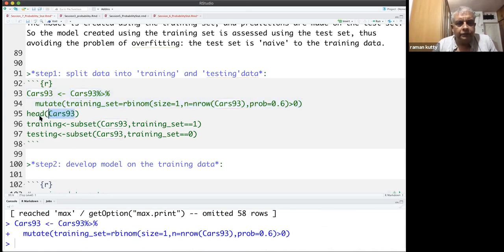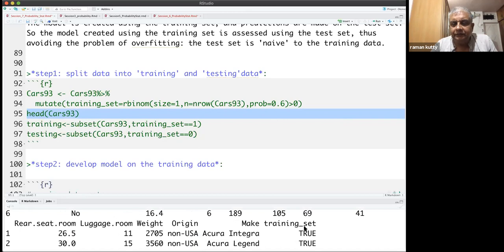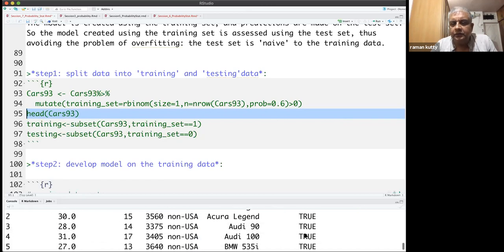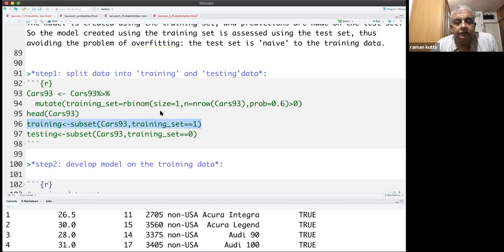So we will look at this. The last variable has a training set of TRUE, FALSE, like that. There will be about 60% TRUE and the rest should be FALSE. So TRUE and FALSE, as you know, are coded as 1 and 0. So we divide this data into two data sets called training and testing. The first one will contain all the rows where the training set is equal to 1 or TRUE.